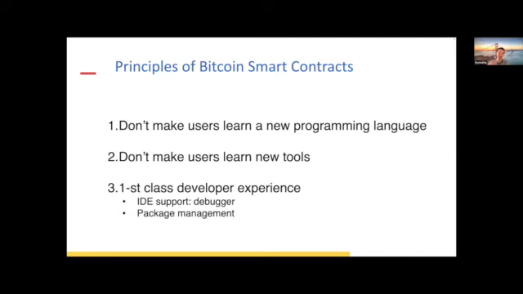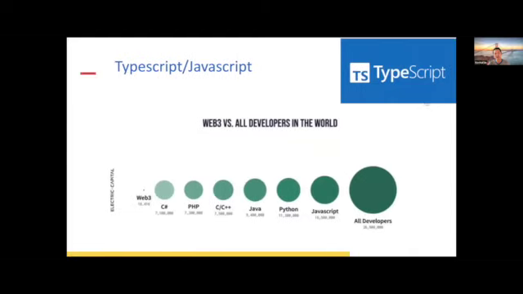Okay, when we are trying to develop Bitcoin smart contract solutions, we want to make sure we meet all of this, and then we have been looking around. Hey, what is the landscape of all these modern high-level programming languages look like? Okay, so just to give you a sense, everything except the small dot you see on the left is